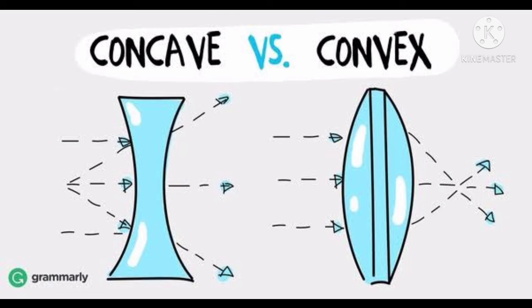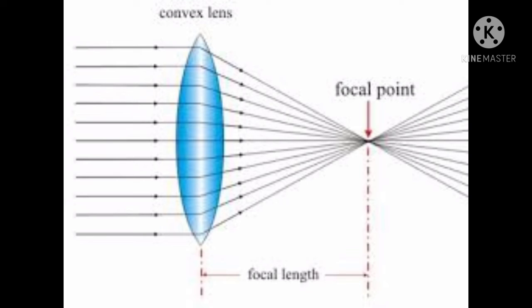So whenever a light ray is passing parallel to the principal axis, you are seeing how the light is being transmitted. Okay, how the light ray is being refracted through the lens, both concave and convex. Here is one thing you need to understand, my dear children. See, observe the figures carefully.